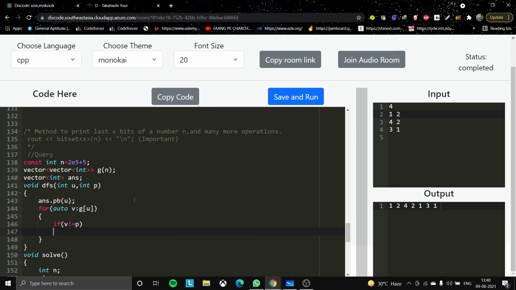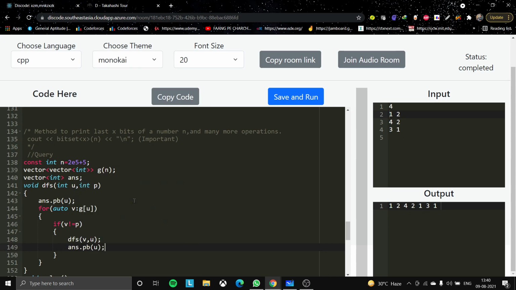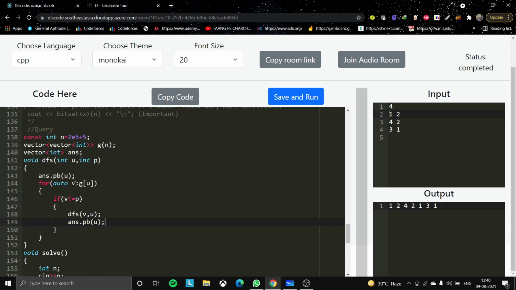If it is not equal, then we call the DFS on v with u, and then we push back our u so that we can traverse back.